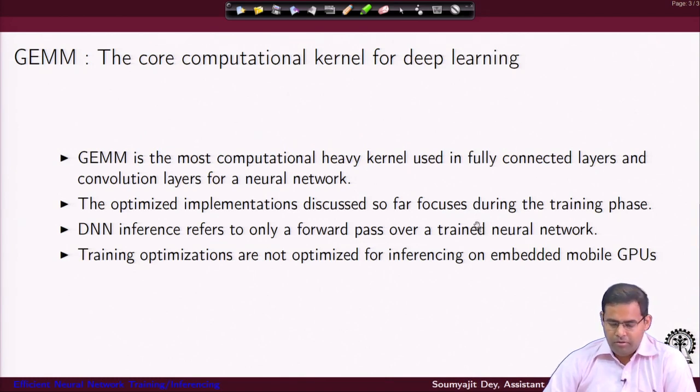And if we are speaking about the other phase of neural network work like inferencing, that refers only to a forward pass over a trained neural network. In general, the optimizations we have discussed will likely be more important for HPC kinds of places, because you are primarily going to do large neural network training on such significantly powerful computers, whereas inferencing is the more popular workload for embedded GPUs.